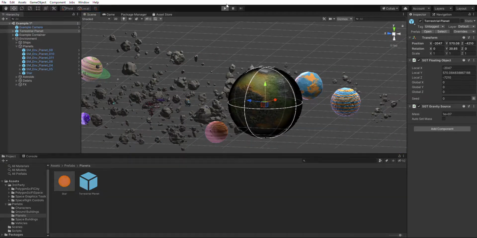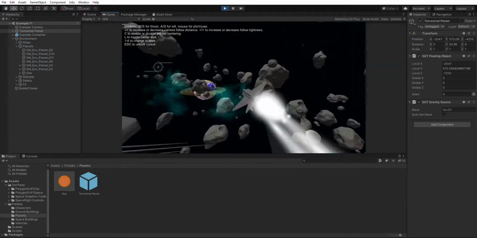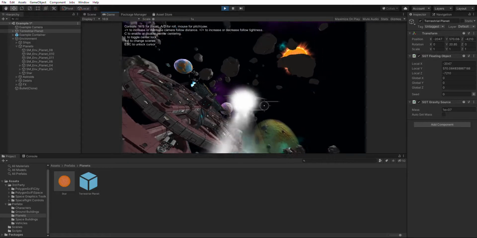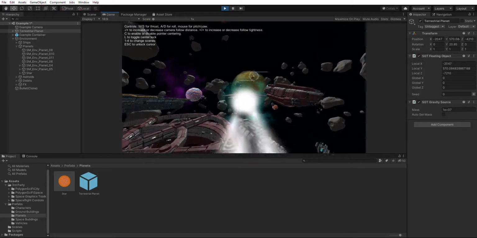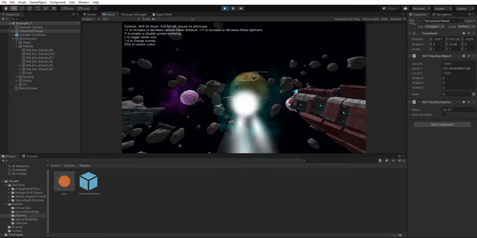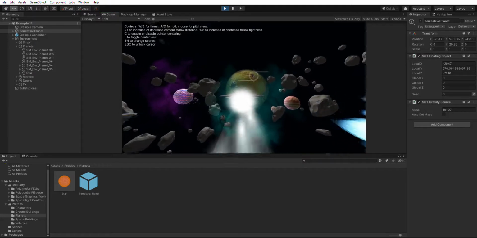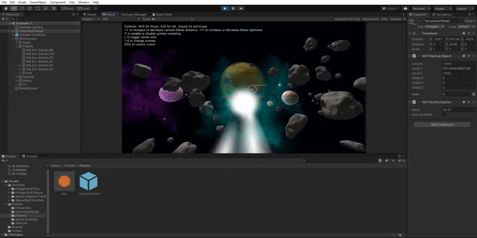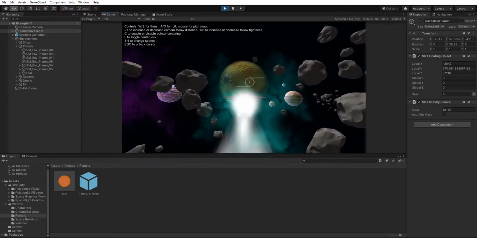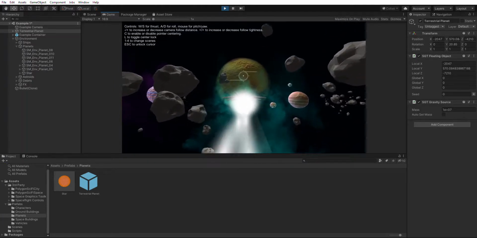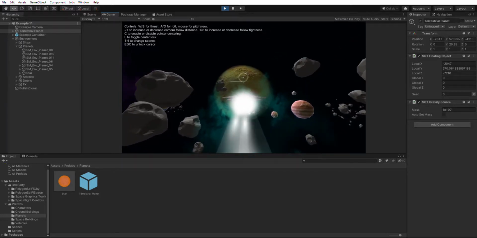Let's actually take a look and see how the lighting source works for it. It's kind of hard to tell with those, so we're going to actually come over here. Check to see how well the lighting source is on this planet. It's actually quite a bit bigger than these other ones, which is nice, because one of the things that I actually plan on doing is trying to make this a real-time strategy game also. So you're going to be building bases and cities on these planets, and I want to have enough space where